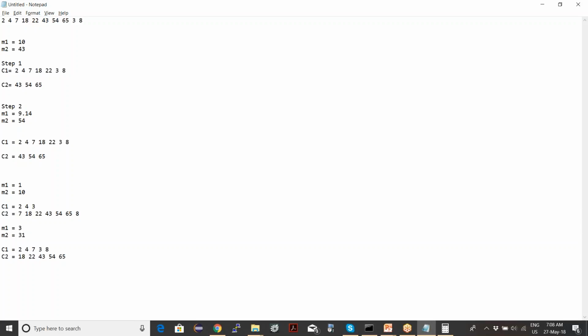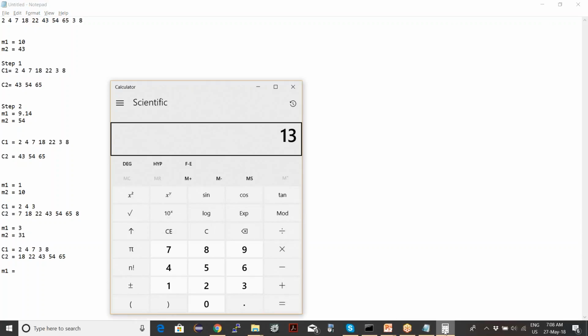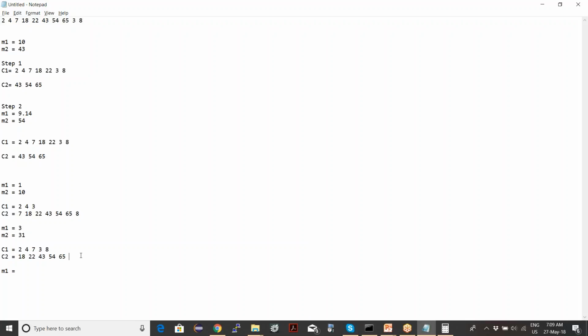So is it clear now how this algorithm is working? Now again you have to calculate cluster centers. It will again change. So now cluster centers would be 24 by 5, 4.8. How again the C1 and C2 got cleared?